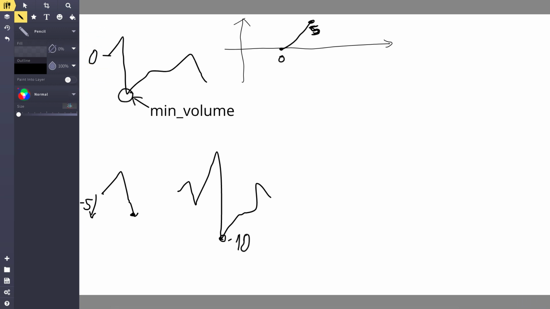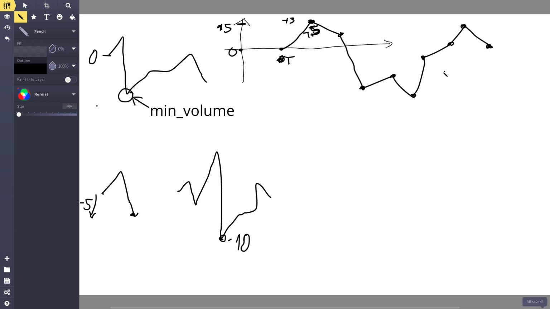Here we go. Let's change that back to 4. There is some moment here. Let's say it's t. Then here it's t plus 5. So here we had 0. Here we have 15, assuming that the volume was plus 3. Then we go from this new place down, maybe with volume, I don't know, -1, then -5, and so on. All of that is a function that is called piecewise linear. So every piece is a linear function. Then for the whole thing,